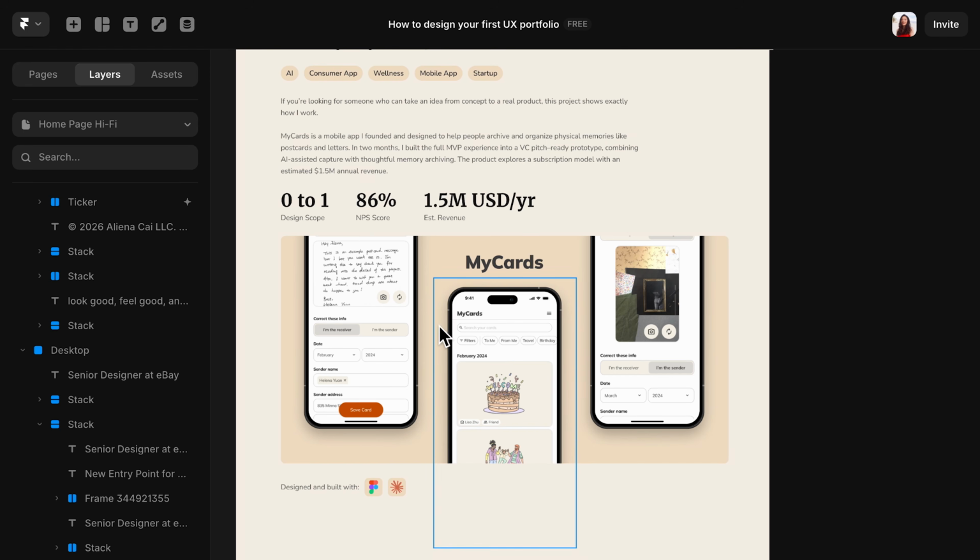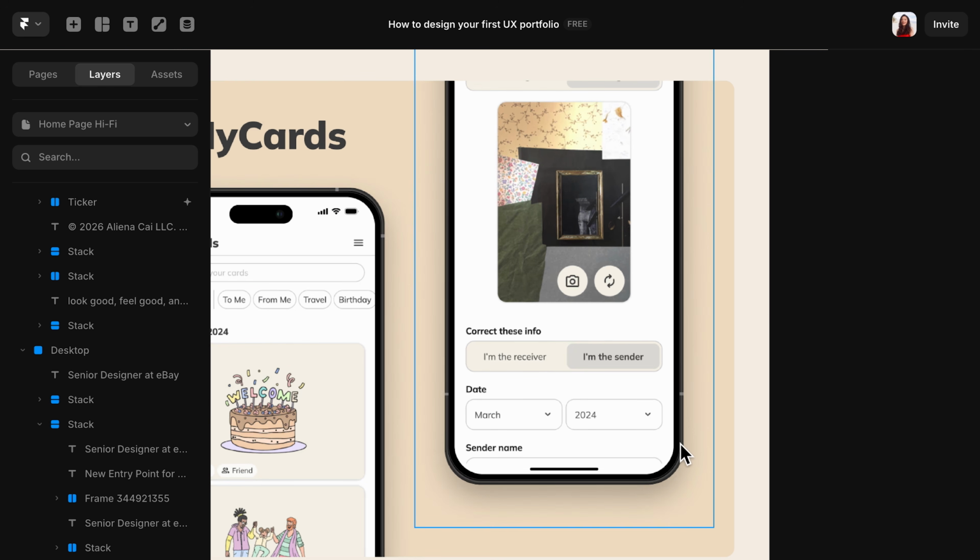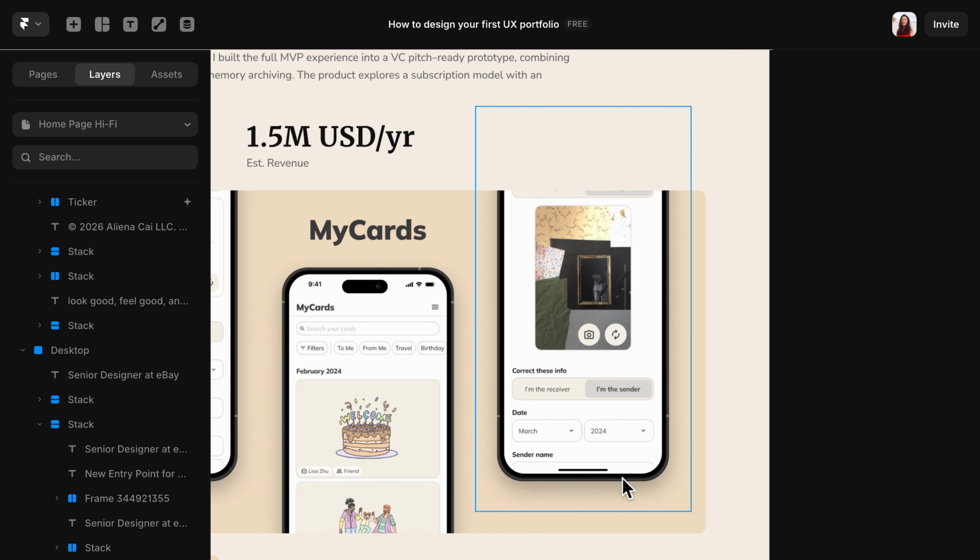And it's also so much better to just showcase a few strong screens compared to you zoom out and then show everything. If you zoom out too much and then show everything, people cannot see anything. This is how my thumbnail looks after using the standard iPhone mockup from Figma community. And when you use these mockups, just make sure you're using the correct screen size and everything is properly aligned. I have seen way too many portfolios with this weird gap in the mockup and then the entire screen being squeezed. Don't do that.